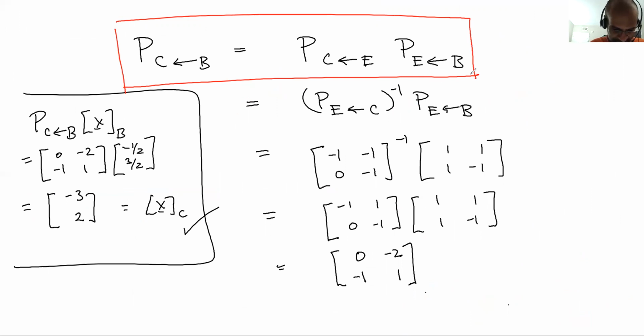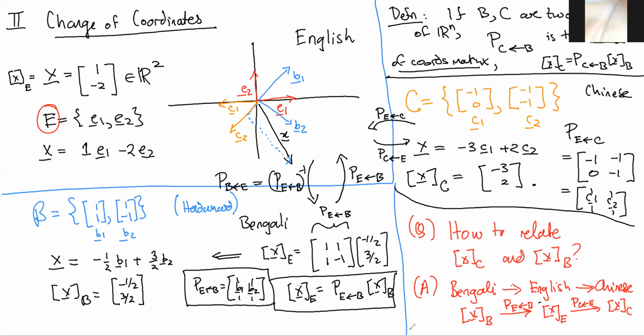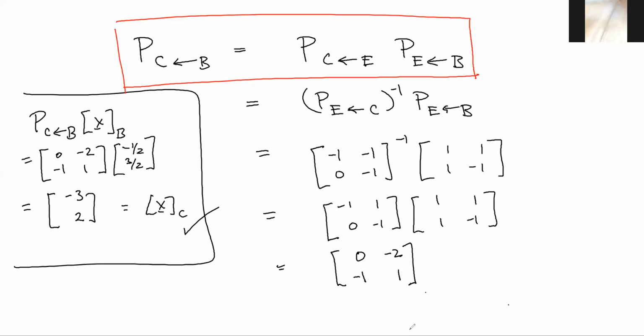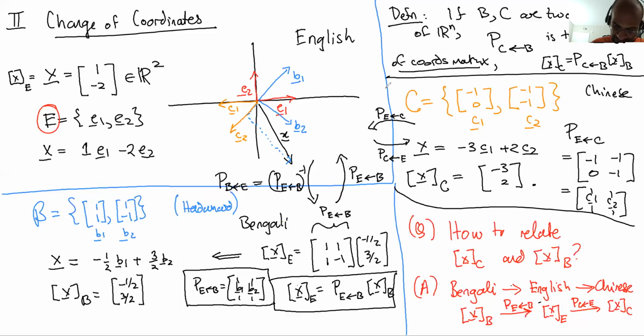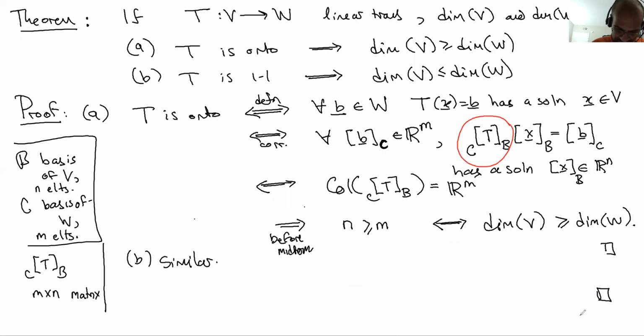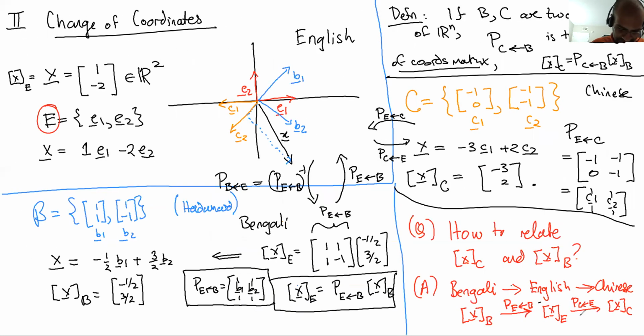So any questions about this? I have a quick question. Does the change of coordinate matrix have to be square? Yeah, it does have to be square. That's a good question. It has to be square because I talked about it being invertible. In this example, I did this in R^n, but because every basis of